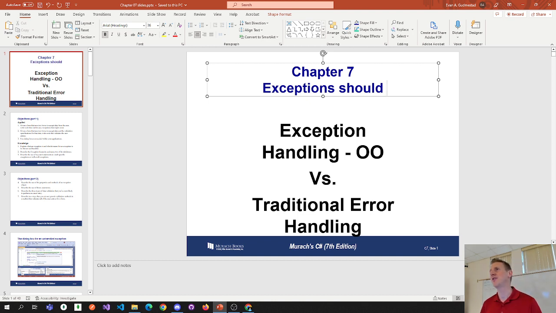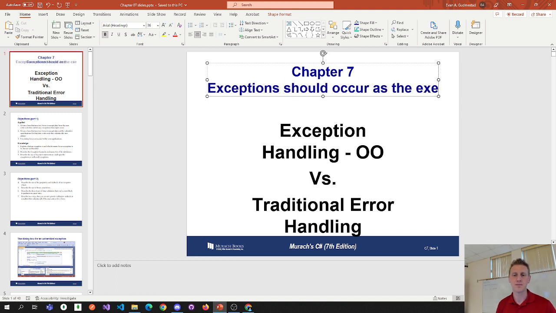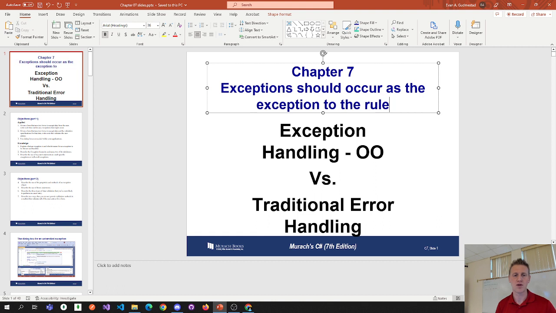I don't like when you use a word to define it. There's that old English rule, like never use in the definition of a word, the word itself. But I'm going to kind of do a little bit of that here. Exceptions should occur as the exception to the rule,